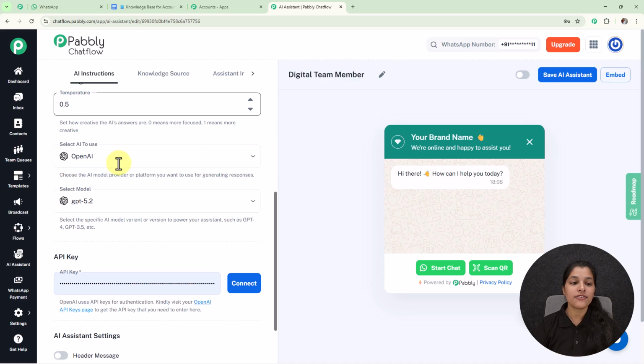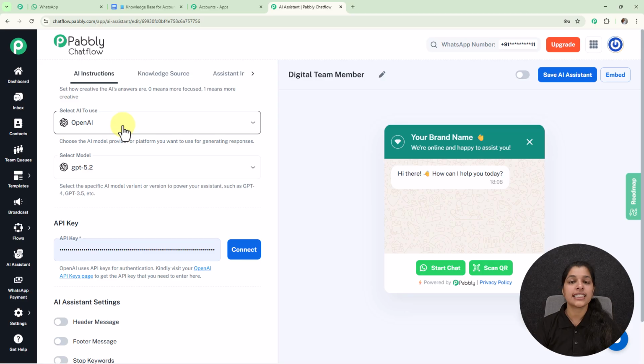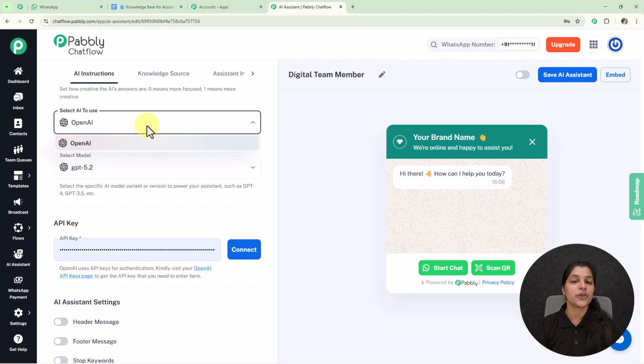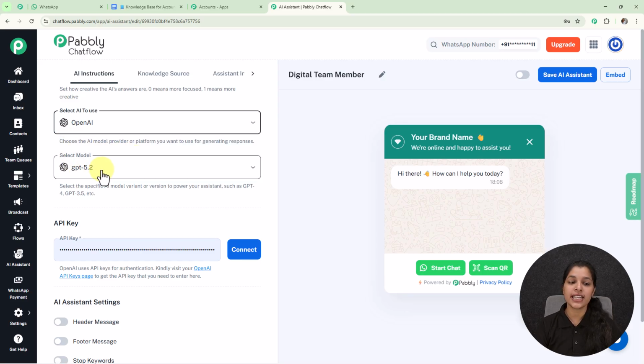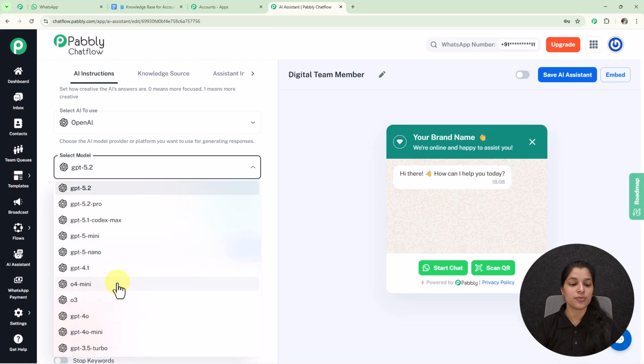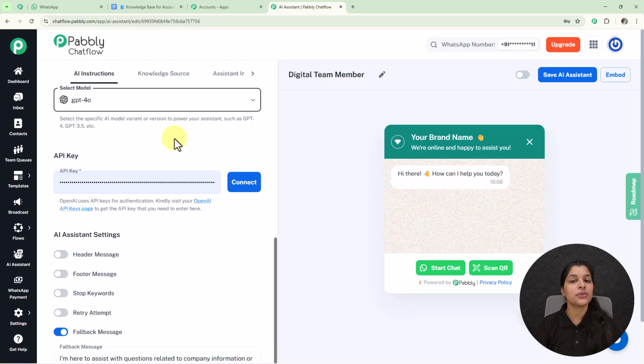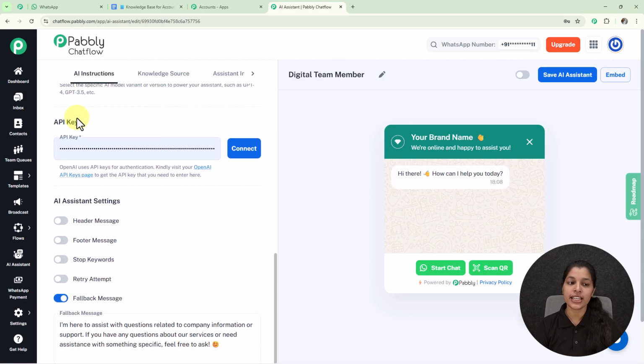temperature, and afterwards we are getting this option for selecting the AI to use. So from this drop down you can select OpenAI, and now we are getting this field for selecting the model. So from this drop down I am going to select my model as GPT-4o, and you can select it according to you. Now we are getting this API key section where we have to enter the API key, and if you also want to get your own API key then you have to visit this OpenAI API keys page given